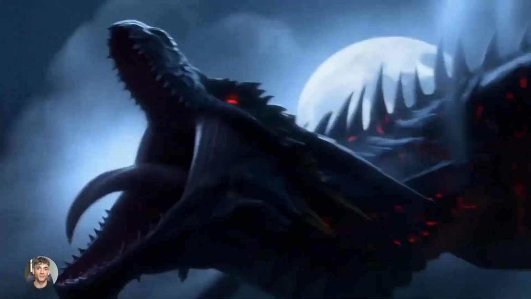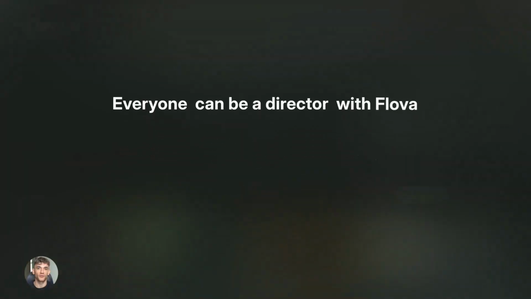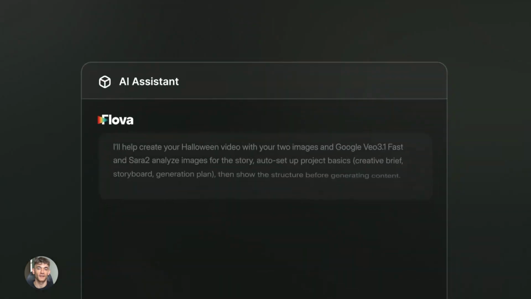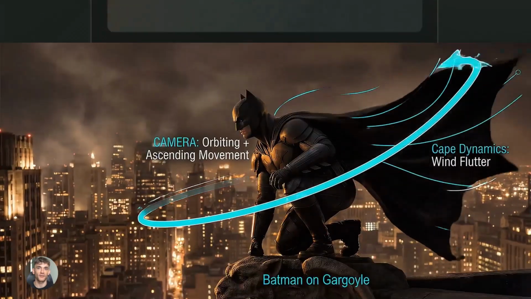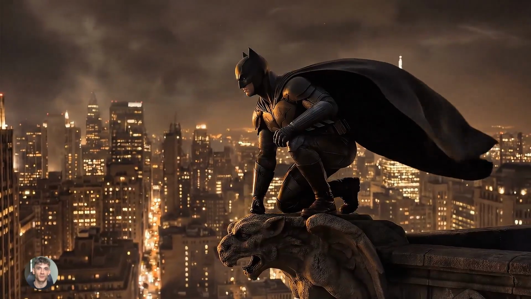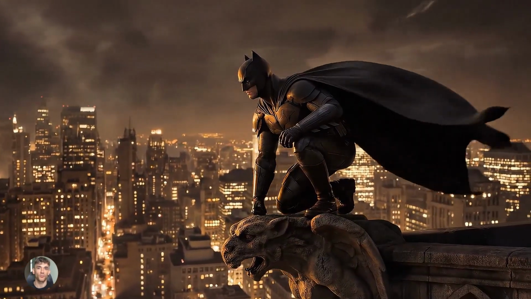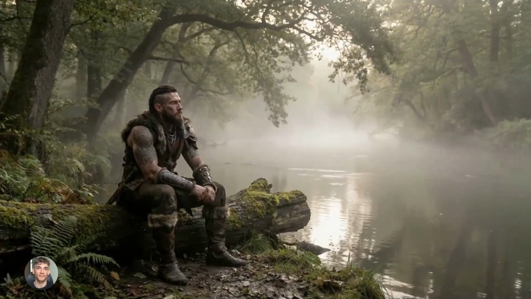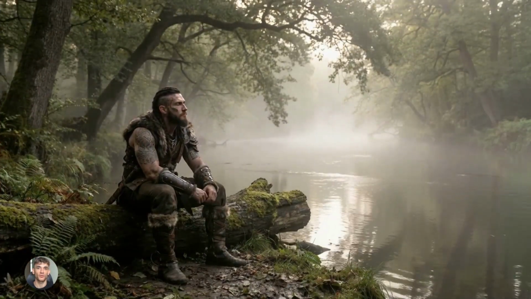Flova AI just took cinematics to another level. Today I'm going to show you how to make movie quality videos without a film crew. Flova AI just dropped and it's changing everything. You can spin your characters 360 degrees and they stay the same person. No more broken faces or weird mutations. This is the easiest way to make cinematic content I've ever seen, and I'm going to walk you through exactly